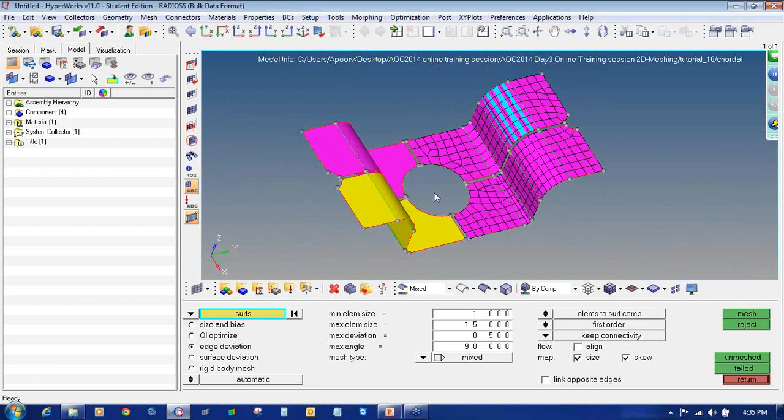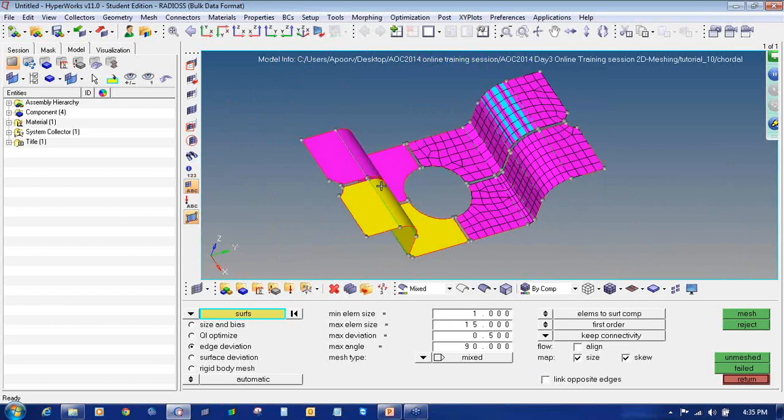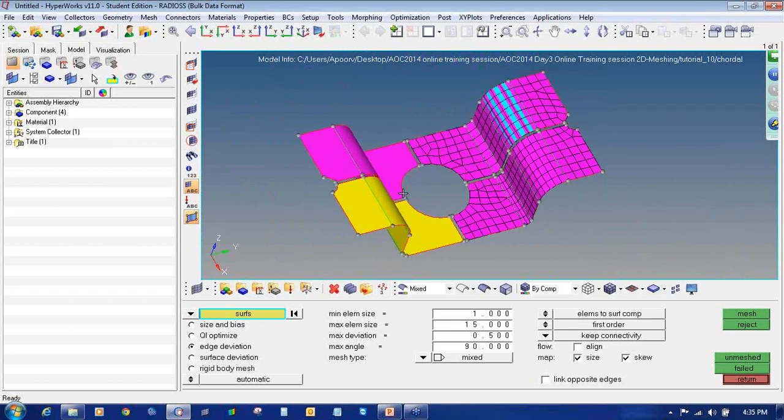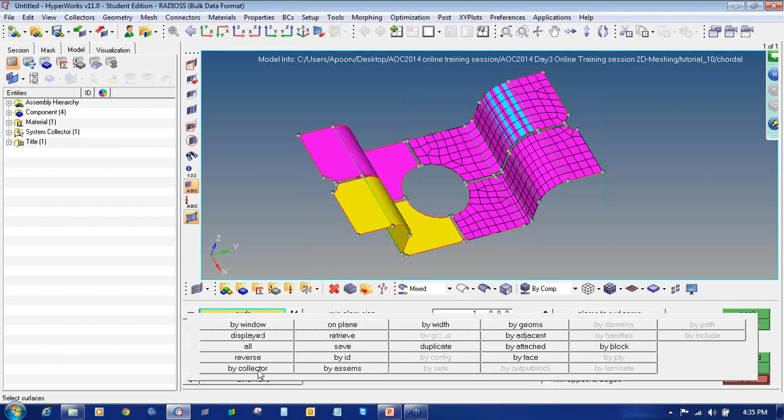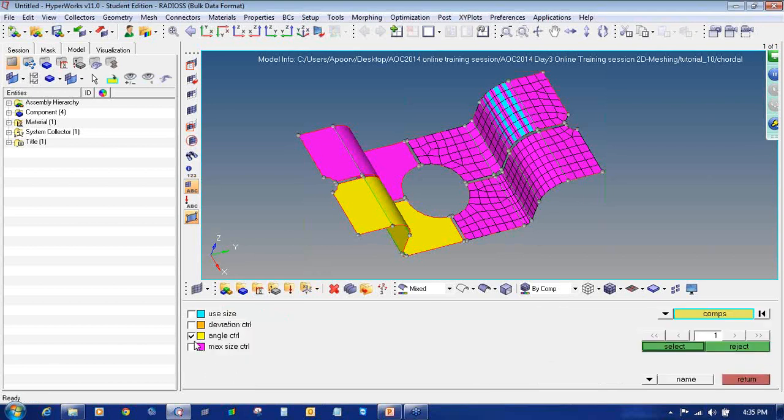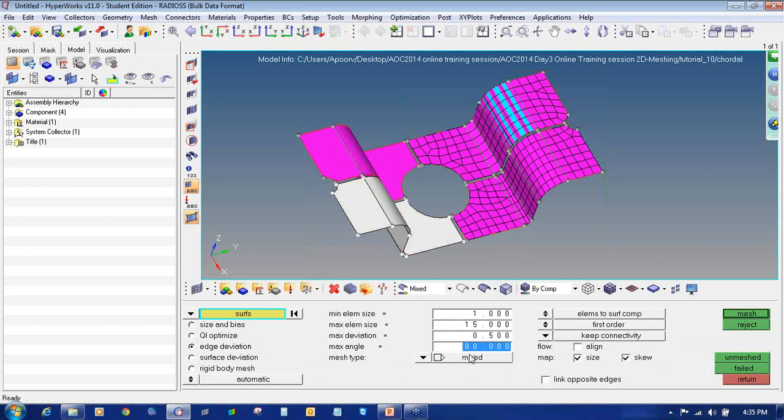I'll make it surface component, not the current one. So by collector, this time we will select control angle, keeping all the parameters as they are, just changing the maximum angle to 20 degrees and say mesh.